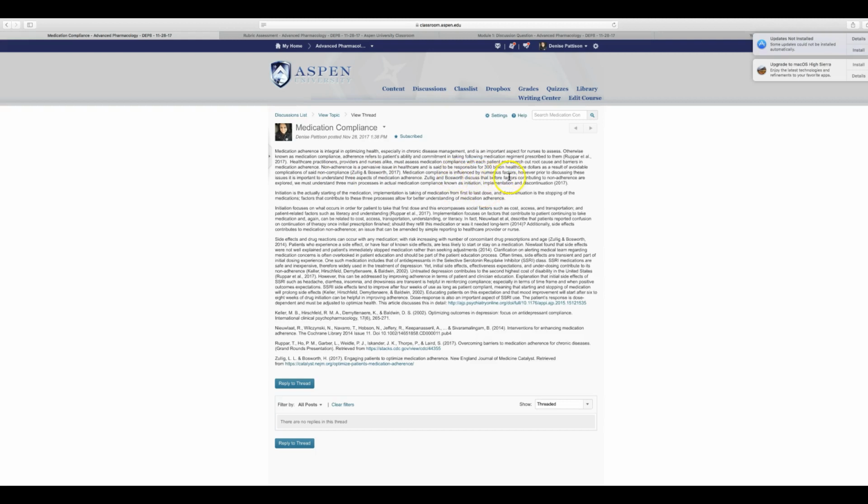Medication compliance is influenced by numerous factors. However, prior to discussing these issues, it's important to understand 3 aspects of medication adherence. It goes on to talk about compliance, known as initiation, implementation, and discontinuation. So initiation is actually starting medication. Implementation is taking the medication, and then discontinuation is stopping. So those 3 processes are going to help us understand what plays into compliance. So initiation focuses on someone taking that first dose. So we're going to talk about cost, access, transportation, and here's some information to support the argument that we make